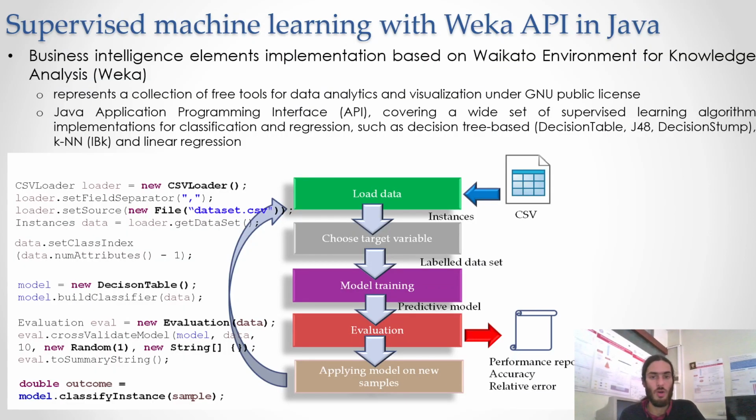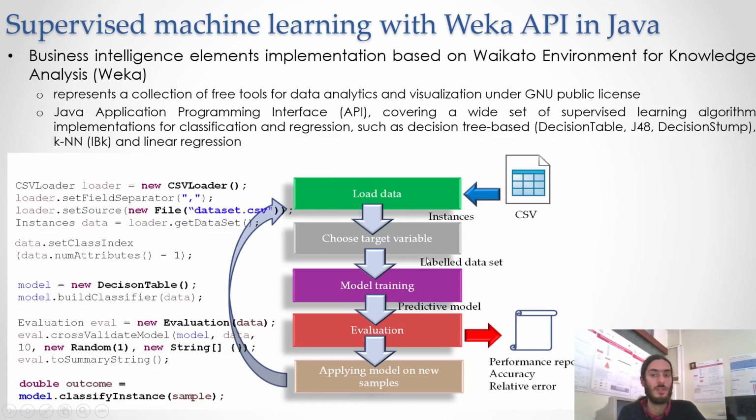Here you can see the flow of machine learning related steps using Weka API in Java. We have interface which incorporates all these capabilities offered by the libraries that are together contained with Weka. And the first step is actually loading data from CSV file, as you can see here, from external sources like publicly available datasets. After that, we have a set of instances where we select the target variable, the one that